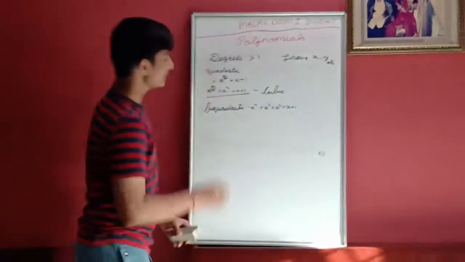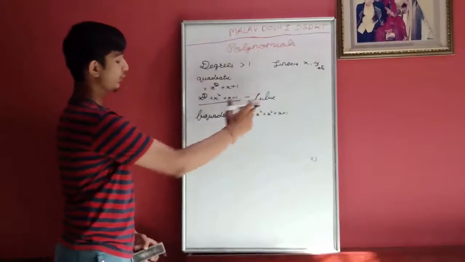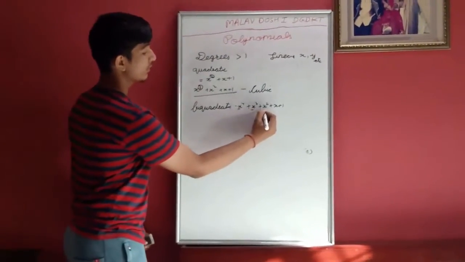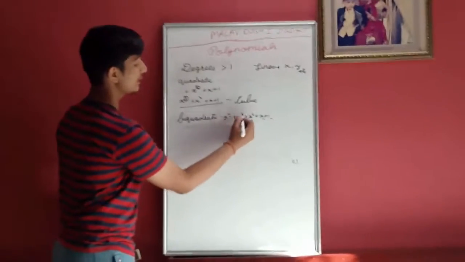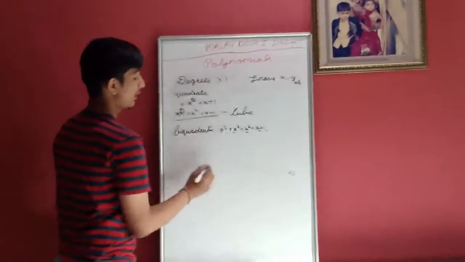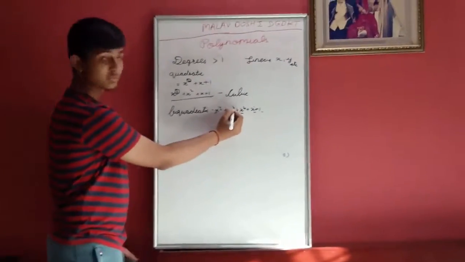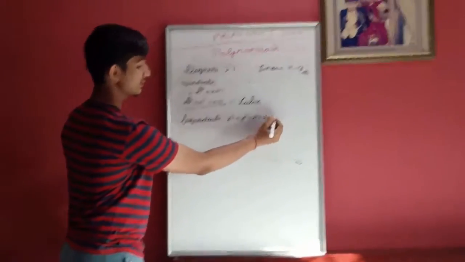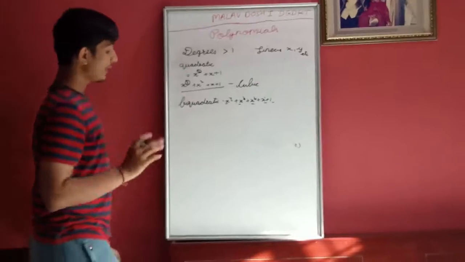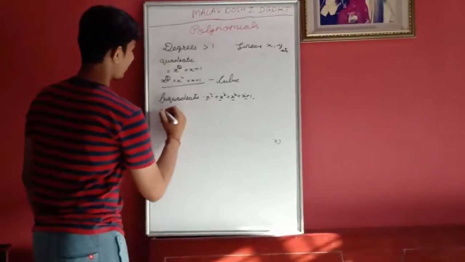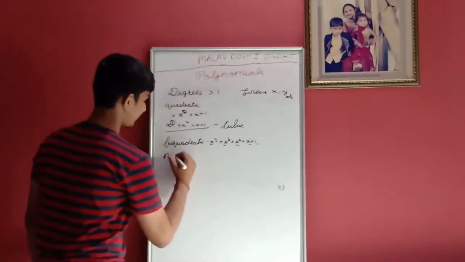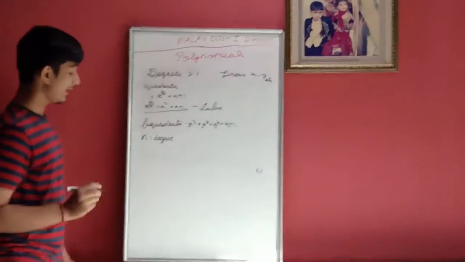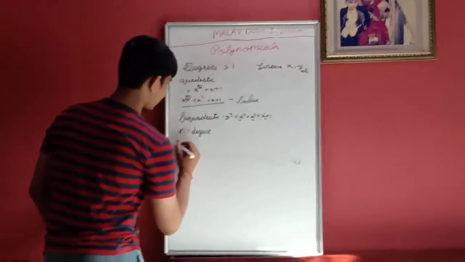Now, have you noticed one thing in these quadratic, cubic and biquadratic polynomials, that each term going backward is reducing the degree by 1? Like see here 4, then 4 minus 1 is 3, then 2, then here it is 1, and then it is 0. So we can write that if a polynomial has degree n, then that polynomial can be expressed in the form of